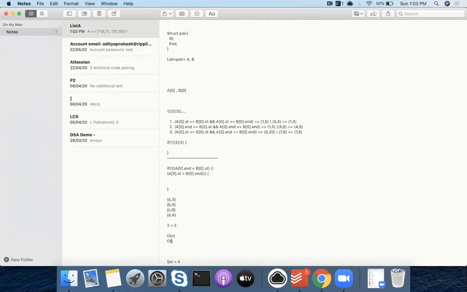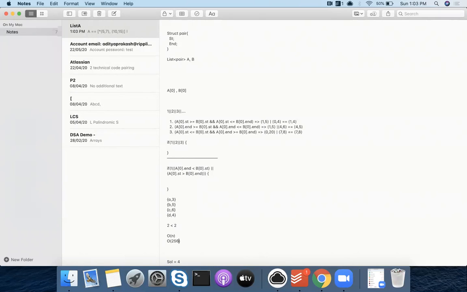If it is small characters, then 26. If it is alphanumeric, then it's more than 26. But the entire character set generally fits in 256, right? Because one character is how many bytes? It's 1 byte, and 1 byte has 8 bits. 8 bits can have a maximum of 2 power 8, which is 256 characters.